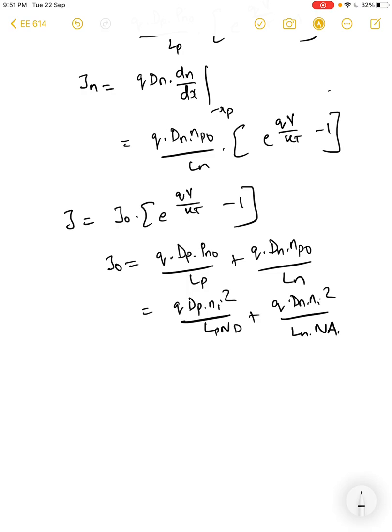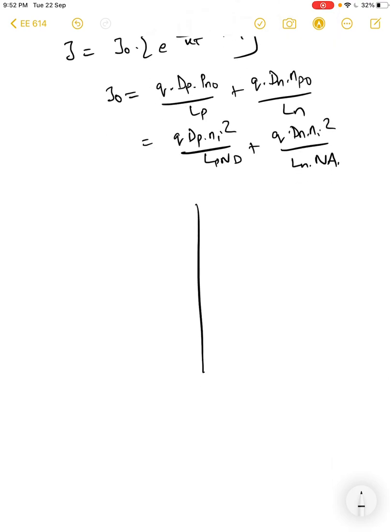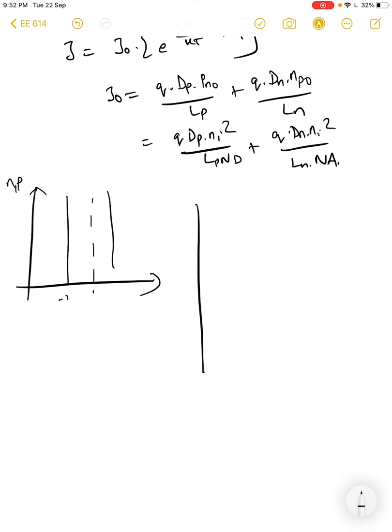Right? Before we close our discussion here, we need to see a few plots because it is instructive to understand what happens to the carrier densities at different potentials. So let us first see the carrier distribution under different potentials, different bias conditions. On the left we have, let us say, n and p densities versus x under forward bias. Let's say this is x equal to 0, and you have minus xp and this is xn.